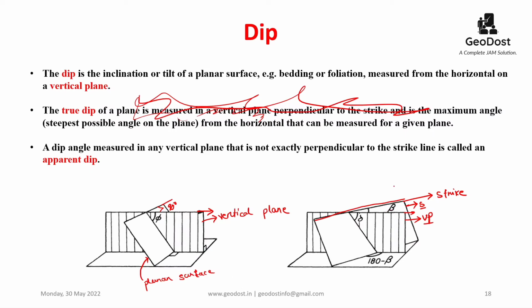सो यहाँ पे आप ये भी दिमाग लगा सकते हो कि बस एक ही प्लेन का एक ही ट्रू डिप होता है और देयर विल बी इन्फिनिट नंबर ऑफ अपरेंट डिप्स, कहीं पे भी 1 डिग्री अगर मतलब उसको रोटेट कर दो तो दूसरा अपरेंट डिप आ जाएगा, ठीक है। बट वन थिंग रिमेंबर, द ट्रू डिप इज ऑलवेज,